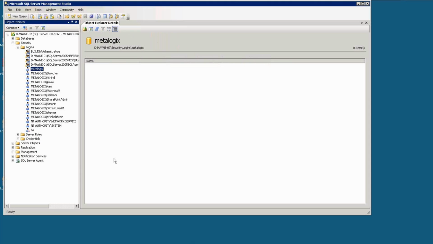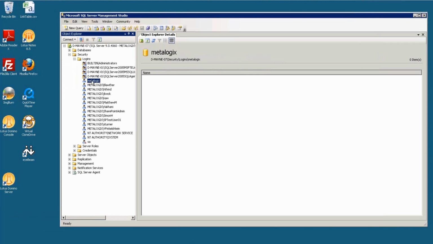So what we need to do is actually pass an account that's created in SQL Server, meaning that you would have to have both Windows and SQL Server authentication enabled on your SQL Server. So what we do, I have a Metalogix account